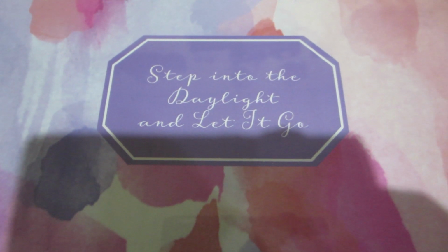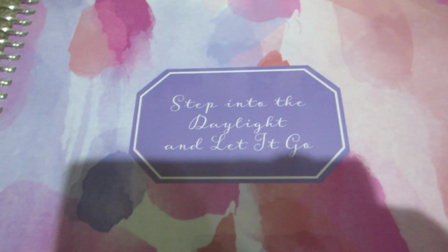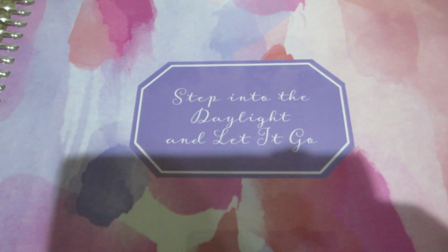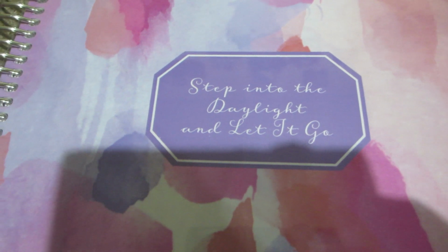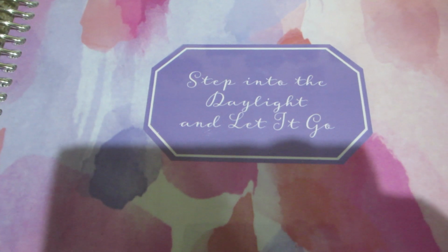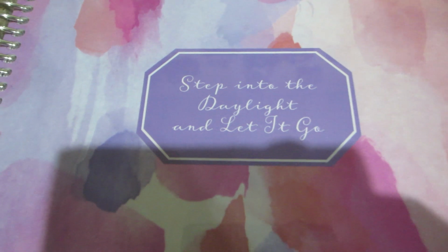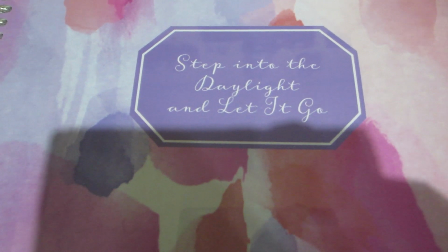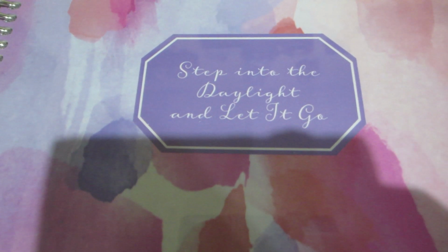And I knew when she first started teasing the Lover era, she actually captioned one of her pictures, "Step into the daylight and let it go," and she also wrote it in a magazine article, and we all speculated it was a lyric, and sure enough it was. And I was captivated with it even before I knew what the song was. Just the words really resonate with me, and as I mentioned in my Lover reaction,